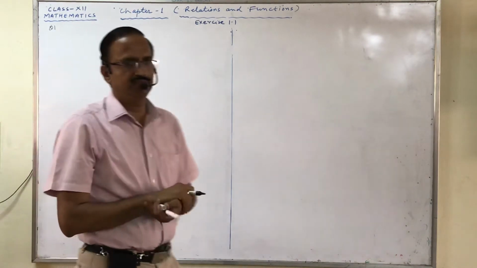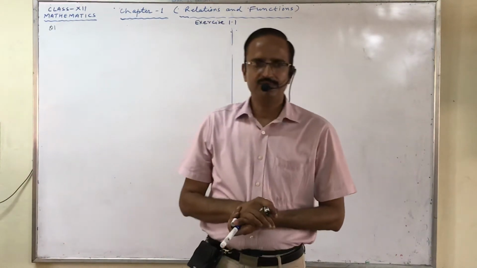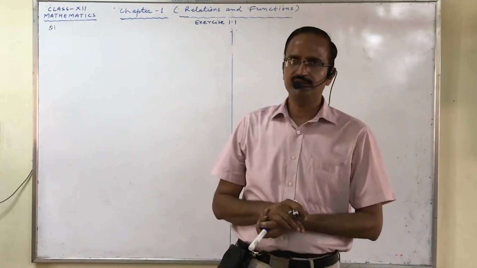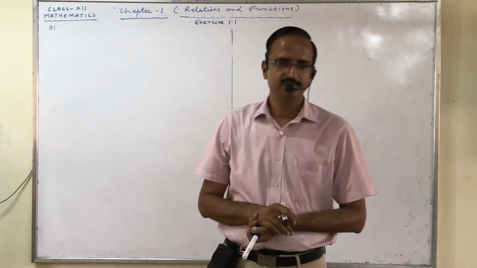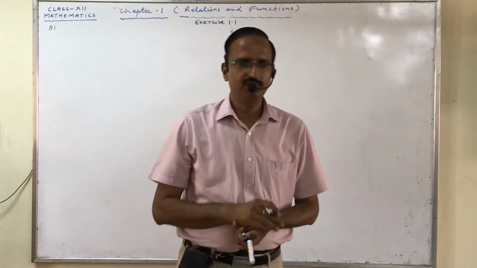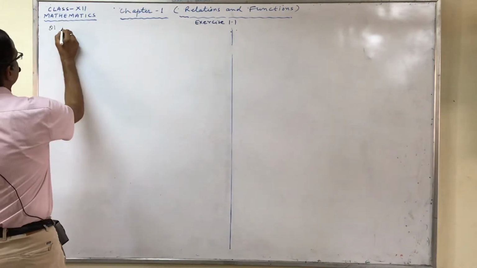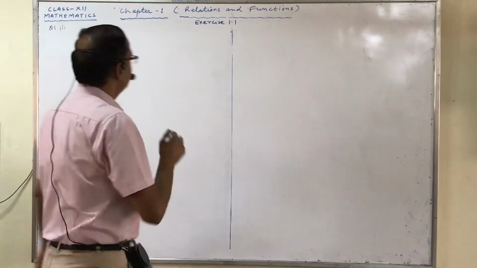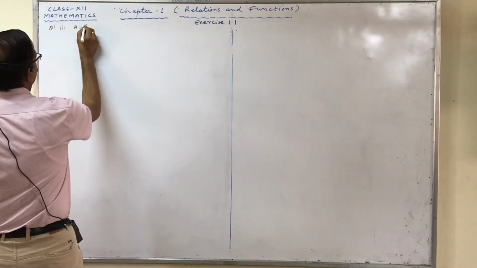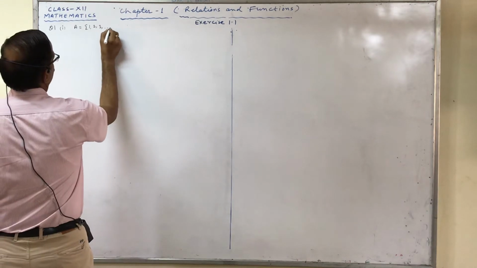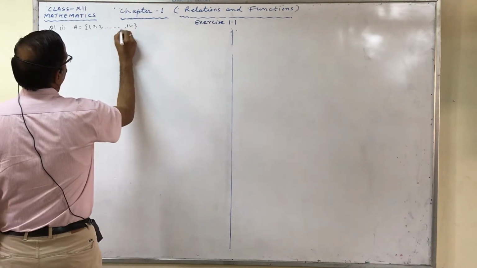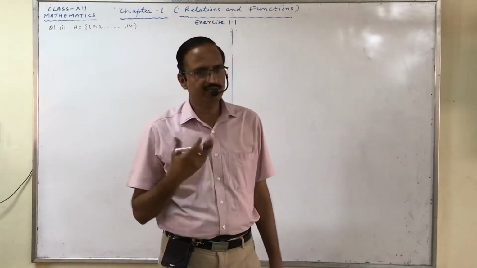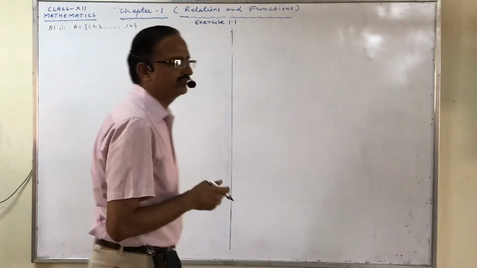In question number 1, it is given to determine which of the following relations are reflexive, symmetric and transitive. Some relations are given and we have to check whether they are reflexive, symmetric or transitive. So I am discussing some parts of this question. Let us start with part 1. In part 1, R is a relation in set A. A is the set 1, 2, 3 up to 14, so these are natural numbers from 1 to 14. This is set A and R is a relation defined in this, and the relation is